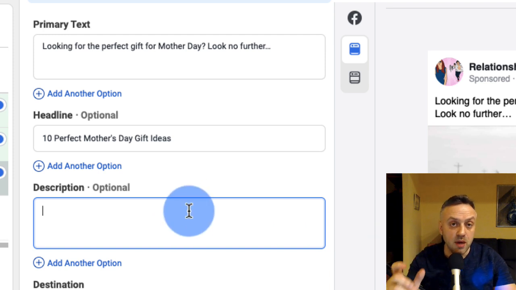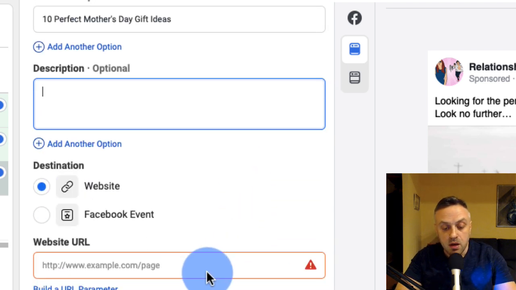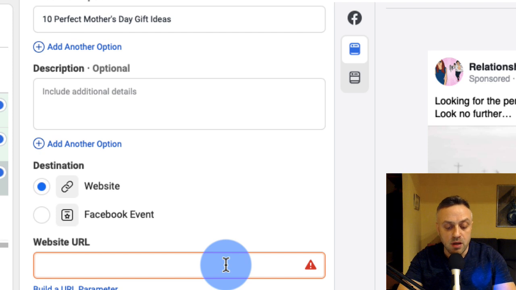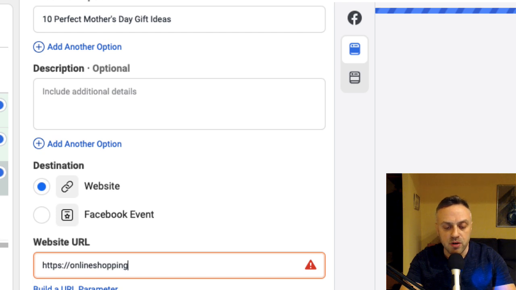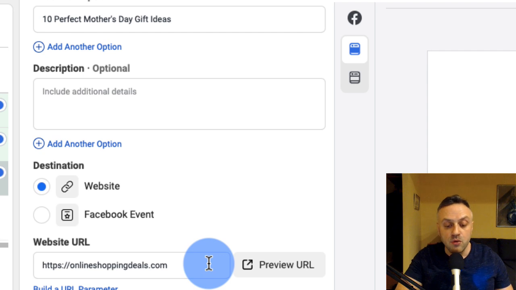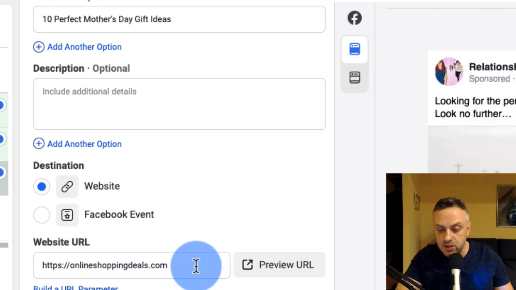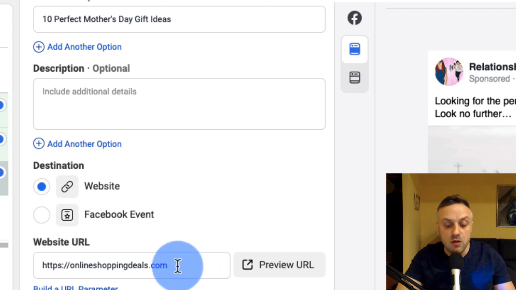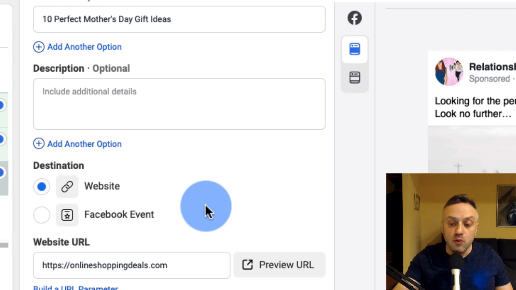Display URL is going to be your domain name. Remember, you've got to do a little bit of work. If you're doing surveys, these low end offers, you need to go out and create this little site. You won't be able to promote it any other way, if you want to make money that way. Then you have your site here, like online shopping deals, whatever the name of the site is. That is kind of how you have to do it, right? Obviously you'll have to enter your own website, and that is how you boost it, right?